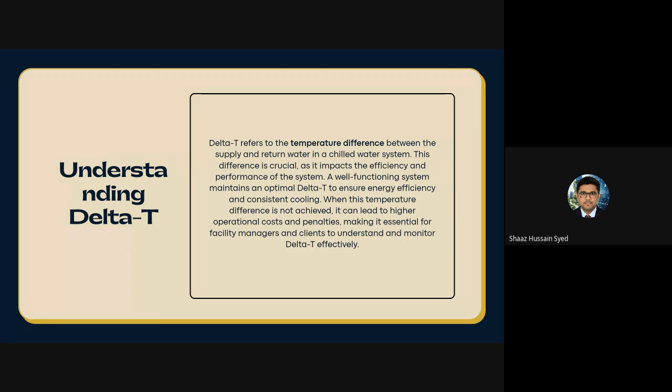But in some cases, when these things go wrong, we call it a low delta T. When the district cooling sends you 6 degrees, but instead of giving back 16, the temperature in the return line is 8 or 9 degrees, which is significantly lower than the required return temperature. This is called delta T collapse or low delta T syndrome. This basically means that your building did not use the cold water properly.